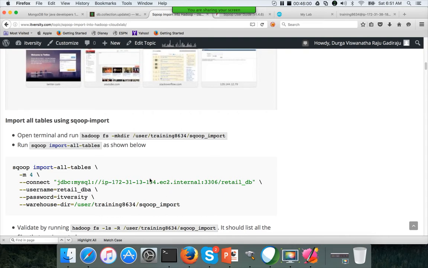So there is a command called import-all-tables, and it will load the data for each table from the source database into HDFS. Let me run this command real quick. Here we are using -m 4, which is num mappers, to invoke 4 parallel threads to process the data.